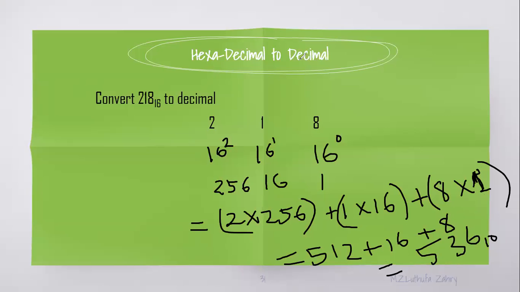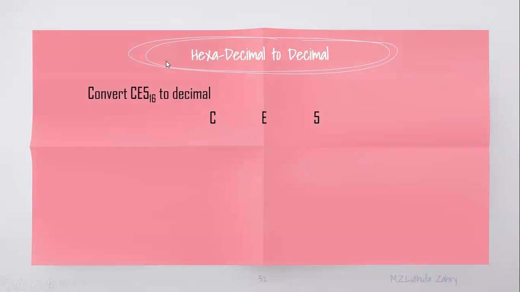I think if people are having trouble with multiplication, it's because you're doing it in a hurry and getting little wrong answers, so check it again. In papers, these questions will give you solid marks. So when you have done it, cross-check it once again. Now this question is for you: CE5, convert this hexadecimal to decimal.